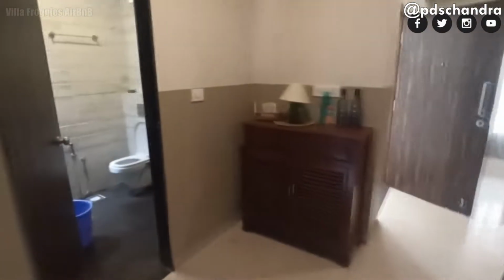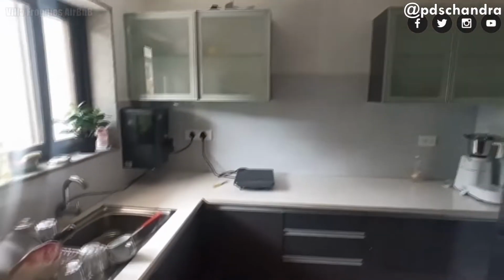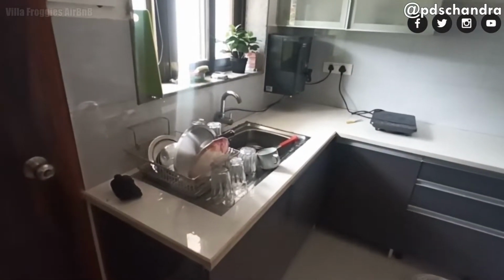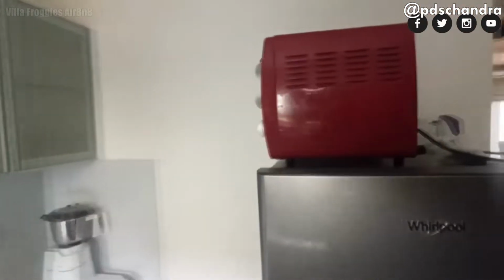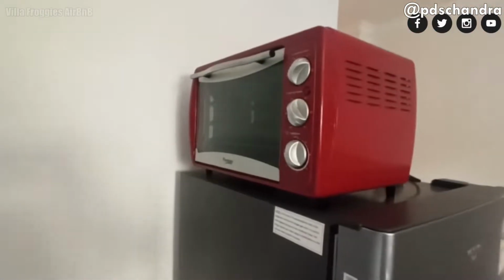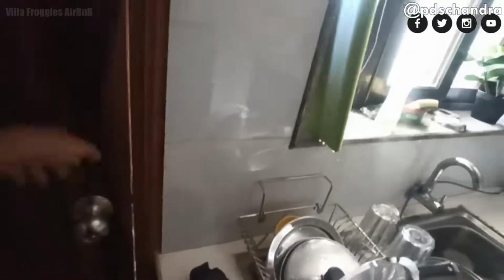Then we go into the kitchen. Kitchen is smart. A lot of storage on top, induction stove, lot of cookware. We had fun cooking here, and there is an OTG oven which we still use to heat our food, and a refrigerator. This door in the kitchen leads to